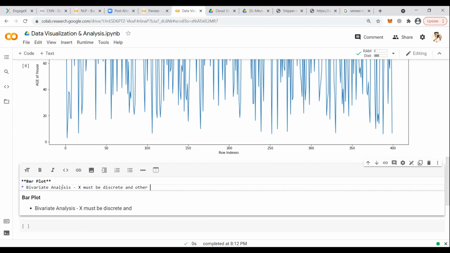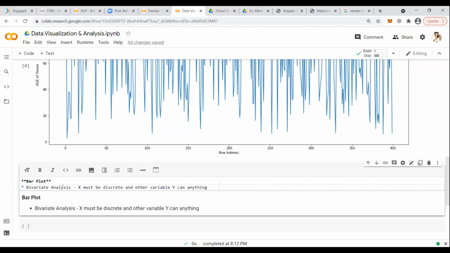The other variable, y, can be anything. For y there is no such strict rule.